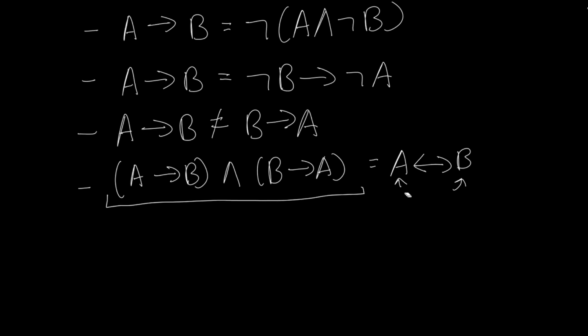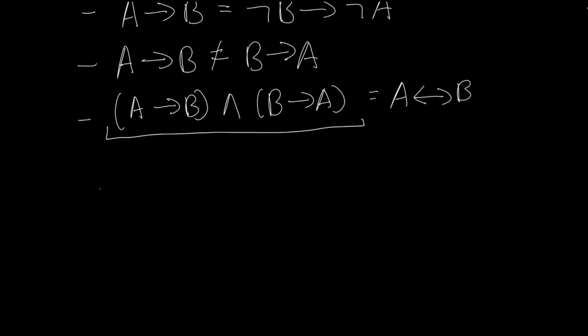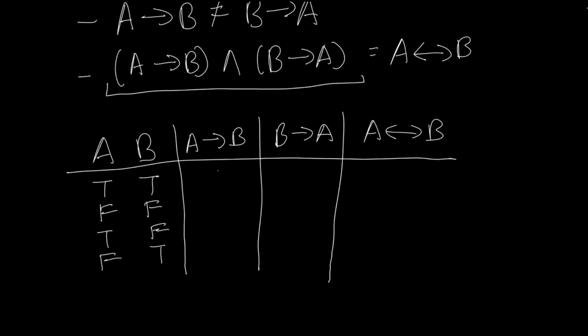So these two symbols or statements are interconnected with one another, as in if one of them happens, that means we know that the other one happens, and if the other one happens, we know that this one happens as well. And these relationships between different statements are prevalent in mathematics. Since they're so prevalent, let's go through the structure of the truth table for this guy. Alright, so we know that this is TTFT,